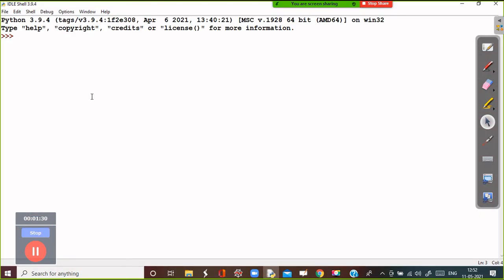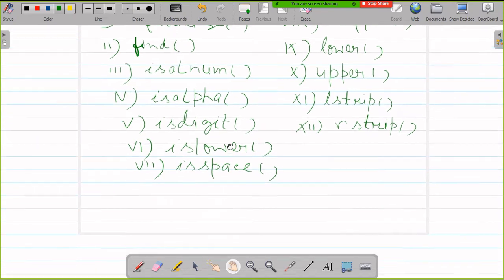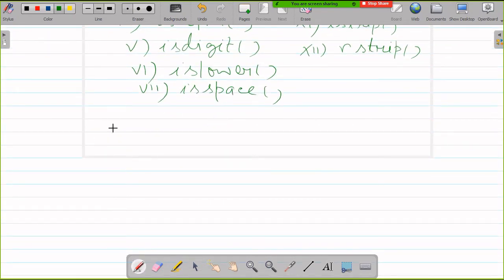So first the function is capitalize. This function capitalizes the string, returns a copy of the string with the first character capitalized. So it capitalizes the first character. So the first function is capitalize.